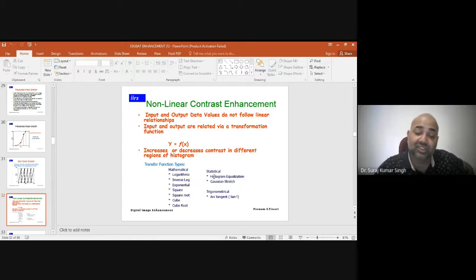But out of these three transformation functions that we are trying to do in our satellite image for visibility, the most popular and the most common are histogram equalization and Gaussian stretch.